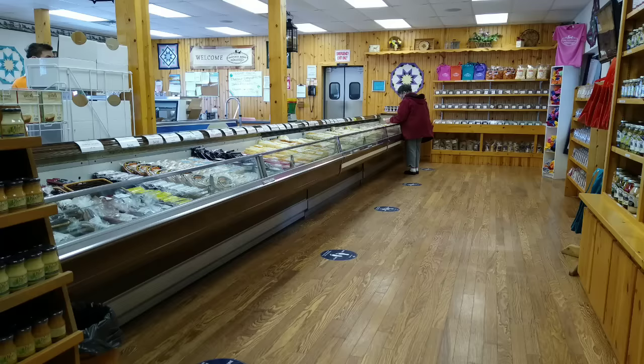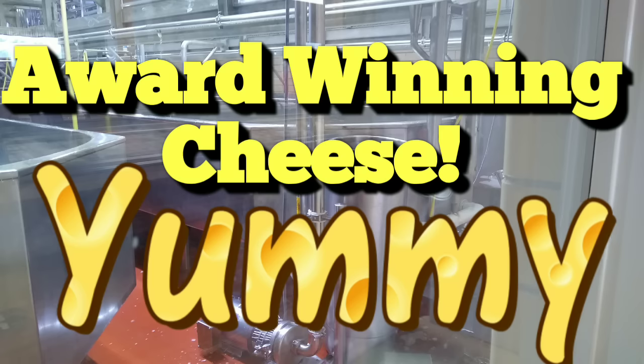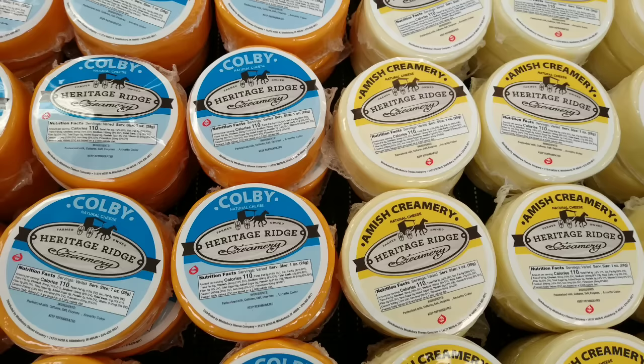They have a lot of different cheeses, but inside you'll be shocked to find out they have a lot of other things as well. You can watch through the glass when they're making the cheese, but you are not allowed to record or take photos when they're making the cheese. So I wasn't able to get that, but I did take a picture to show you the window does exist. Here you can see their label, Heritage Ridge Creamery, and here is a farmer's cheese to the left. They have also things like Thunderjack and Pepper Jack as well. So typical flavors of cheese, Colby, and this